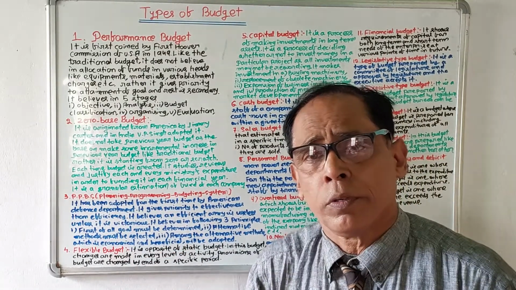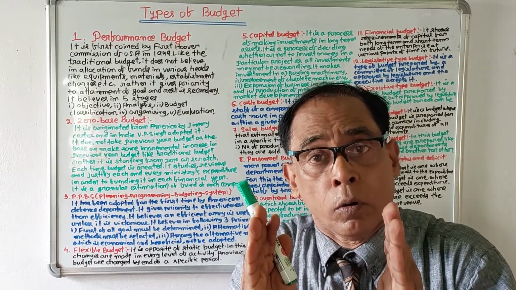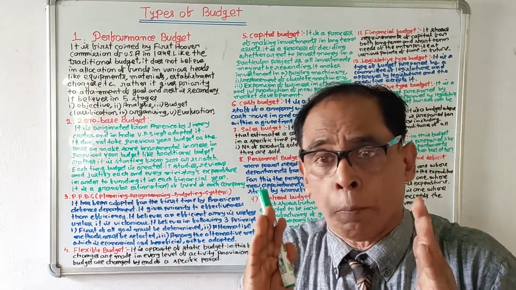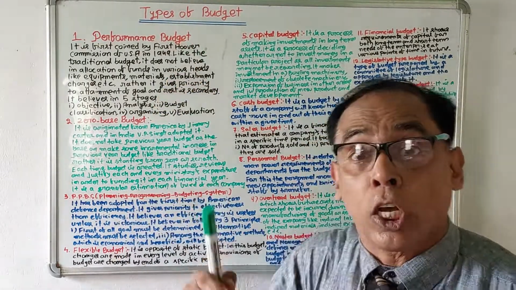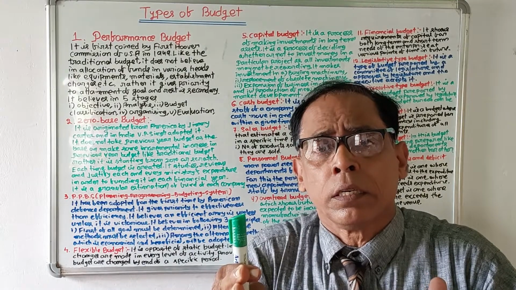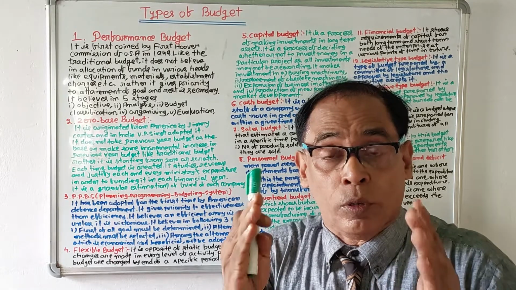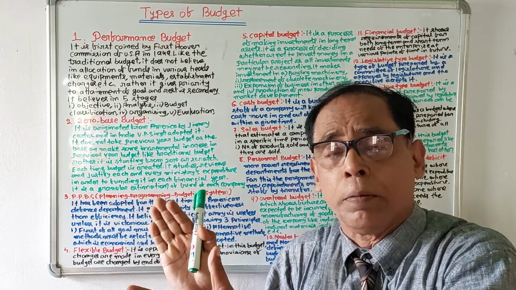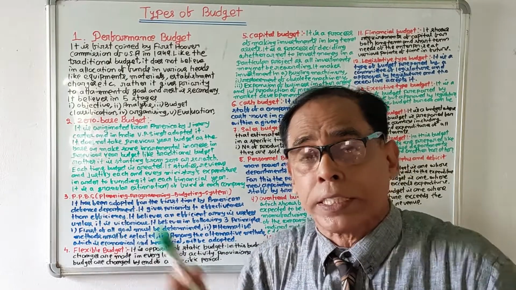stands before you with a very important concept of fourth semester of the paper number 9, which is Public Policy and Administration in India, and the name of the topic is Types of Budget. In this video, we'll mainly discuss varieties of budgets. So, I request my viewers to watch this video attentively and try to be clear about the types of budget,